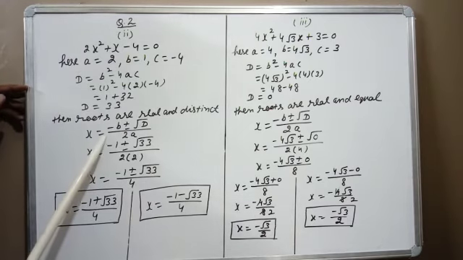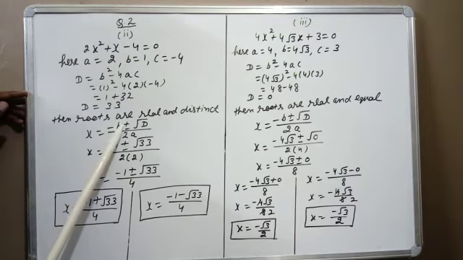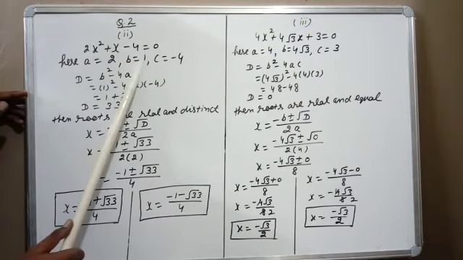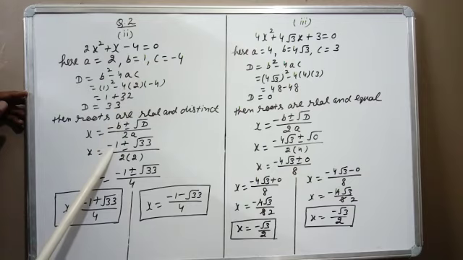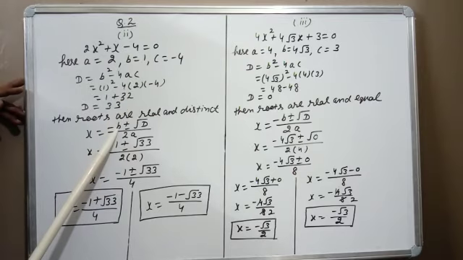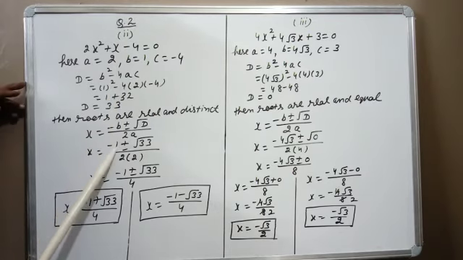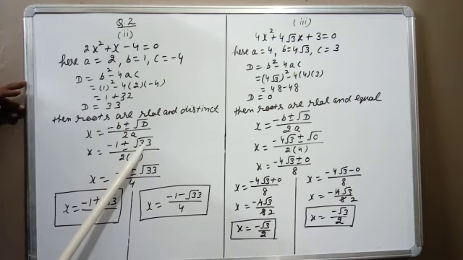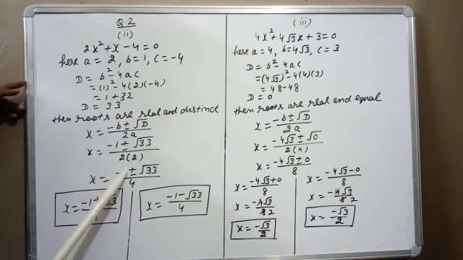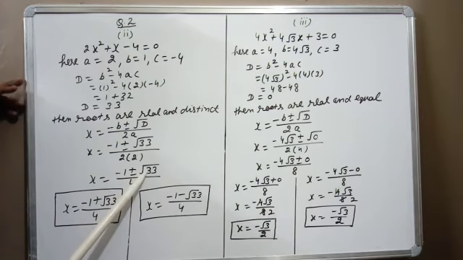We are applying the second formula, x equals minus b plus minus root D upon 2a. So x as it is, the value of b is plus 1, here we will write minus 1. Always change the sign of the value of b, because here b is with a positive sign, so we write minus 1 plus minus root D, which is 33, upon 2, in place of a we write 2. So minus 1 as it is. Now we can't find the root of 33 directly, so this will remain as it is.